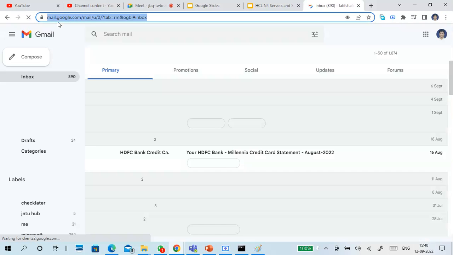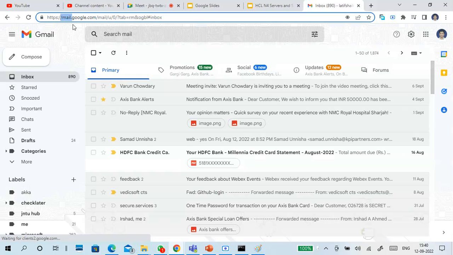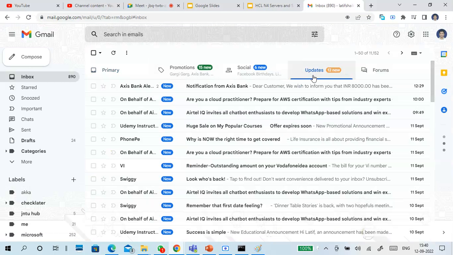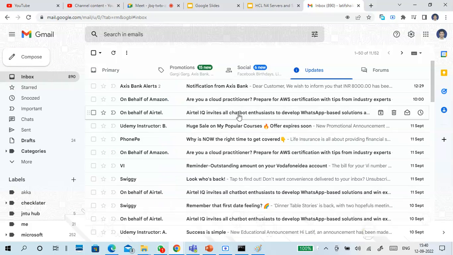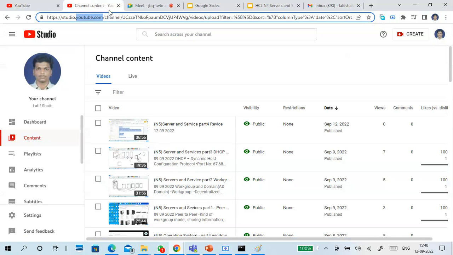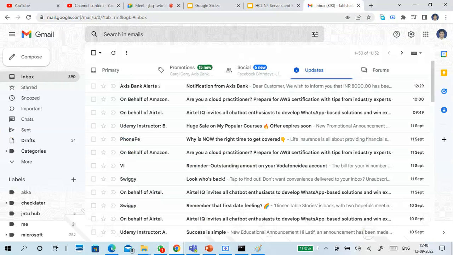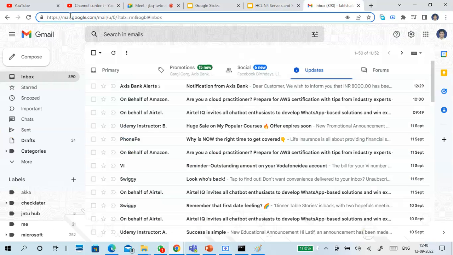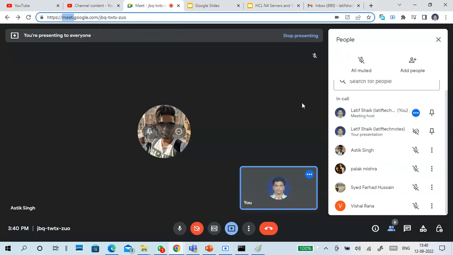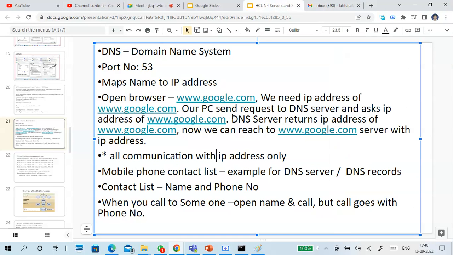Yes, it is mail dot, before that google.com. So here it is google.com, but mail.google.com. So the point is, whether you contact mail.google.com, meet.google.com, docs.google.com, or www.google.com,